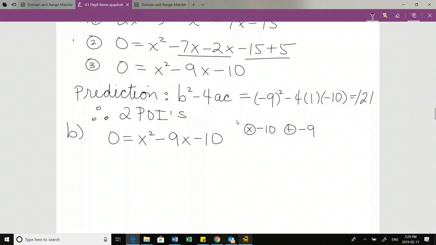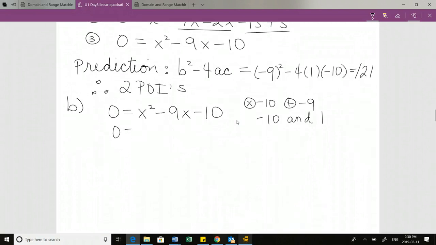Okay, so are there any 2 things that multiply to -10 and add to -9? Sebastian? Awesome. And because the a value is 1 here, I can actually just sub these right in and factor, right? So